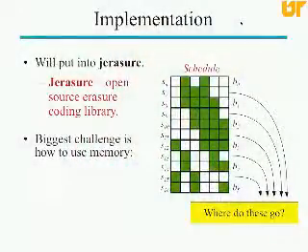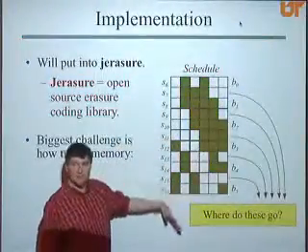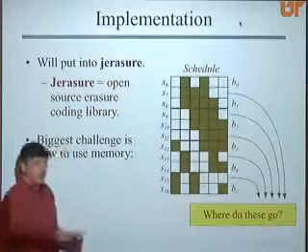The biggest challenge of putting this into JErasure is that I've got this memory problem. I have all these intermediates, and I assumed infinite memory. But where do the intermediates go? You've got to store them somehow. Can you minimize the memory footprint? Now, that example's too easy, but when you're spitting out a schedule that has 700 XORs in it and you have 48 targets, that's a lot of extra memory. Figuring out how to reduce that memory is tough. I'm going to work on it. I've done some work on it. You turn it into a graph, and you do a topological sort of the graph, and you do some other stuff, but I haven't formalized that yet. That's the biggest challenge in getting this into the erasure coding library: I've got to figure out how to do it.